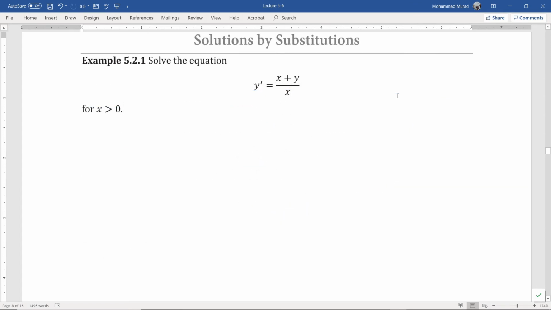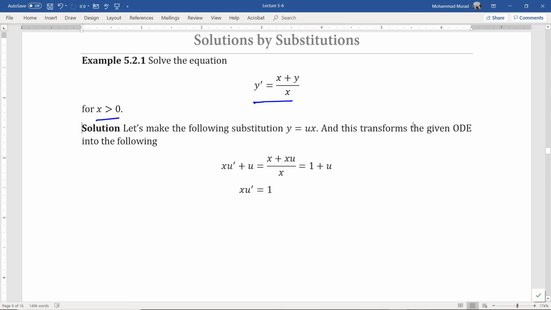Let's have a look at an example. We want to solve this equation y prime equals x plus y over x in the interval 0 to plus infinity. In other words, for x positive. Let's have a look at the solution. Since we observed that the right-hand side of the equation is a homogeneous function of 0 degree,